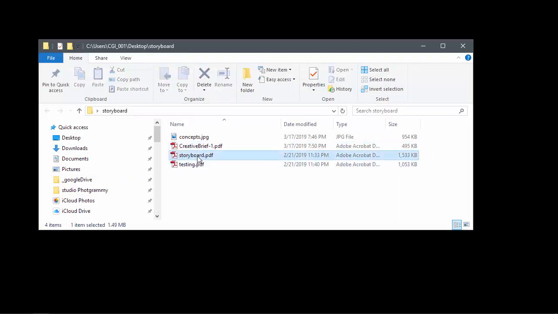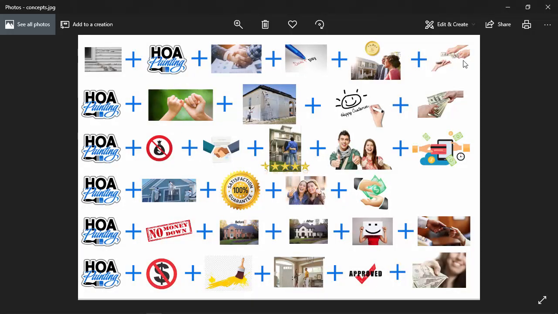I'm going to jump over to the concepts part. Now this is that visual sentence. I believe it was step 3 in the actual assignment. Each of these images represents a concept in the student's central message. And if I was a tester of this, she would present it to me, and I'd be going, a dilapidated house, HOA painting, there's an agreement, I'm not paying, it's all done and I'm satisfied, and I guess I'm finally paying